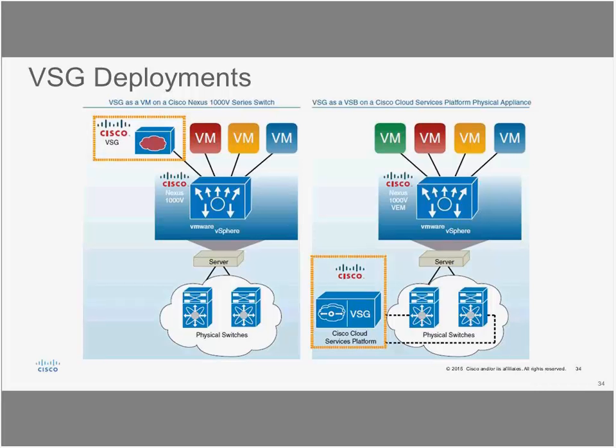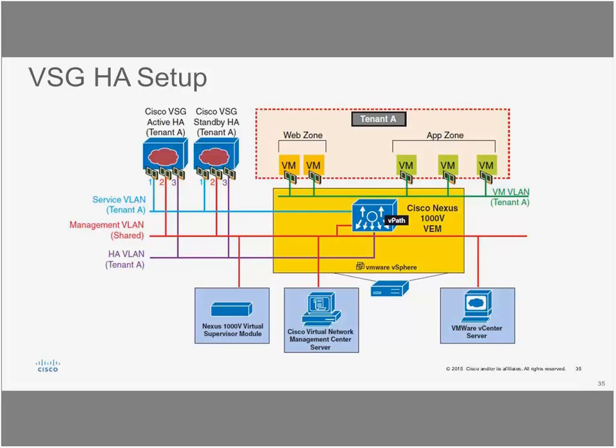Just like Nexus 1000V and what we discussed in the last webcast, any virtual nodes can be deployed as a virtual machine on a hypervisor, or it can be deployed as a blade on Nexus 1010. So that's what I'm showing here. We have two options to deploy VSG, and either of them works as per your requirement. We do provide HA between all the virtual nodes. So in the event one VM hosting your VSG goes down, the other VM will continue to provide the security. And there are three adapters for every VSG VM.